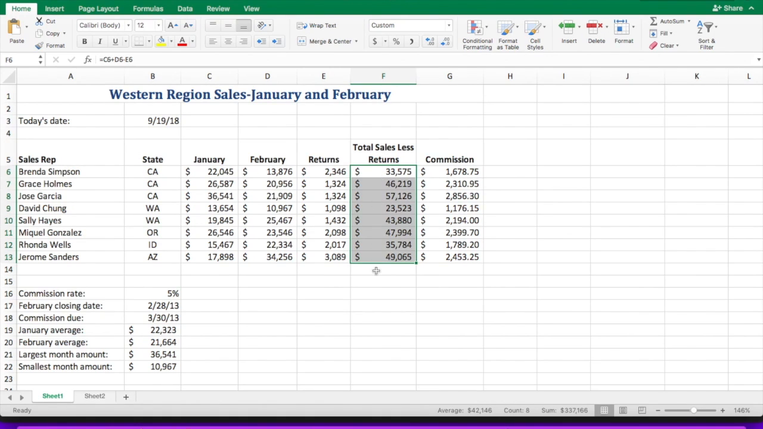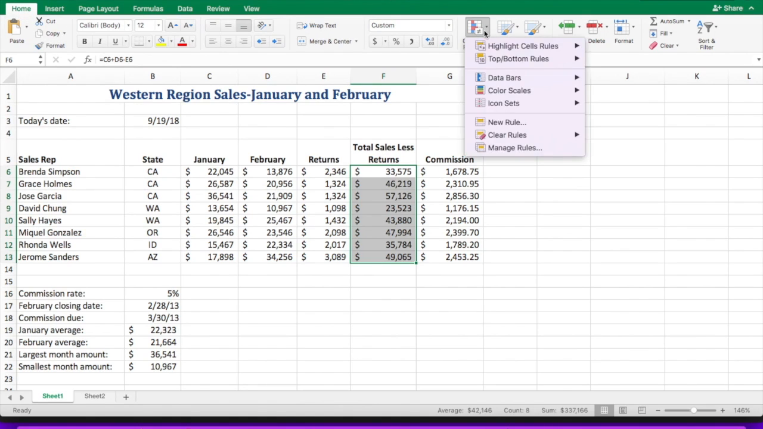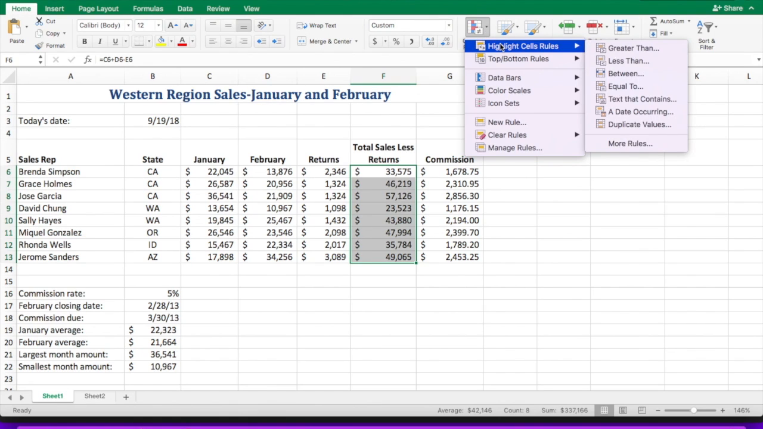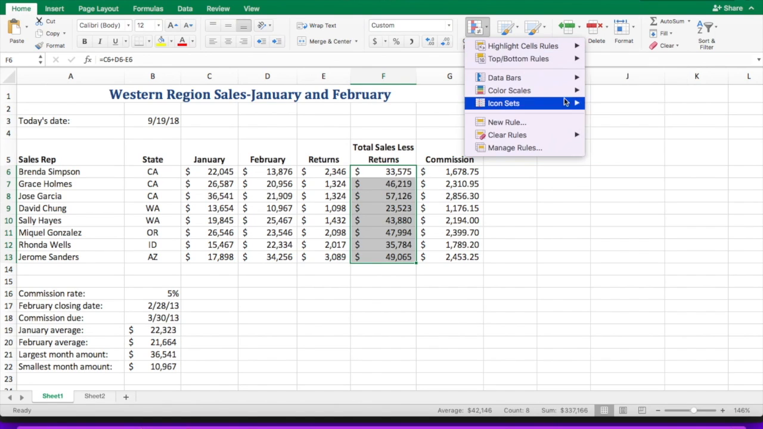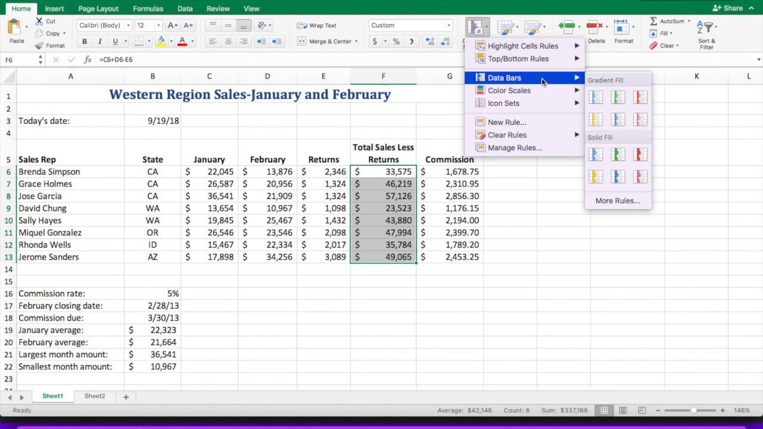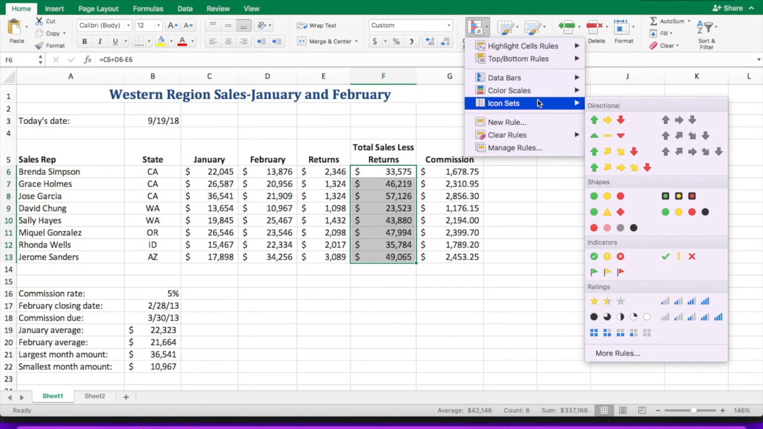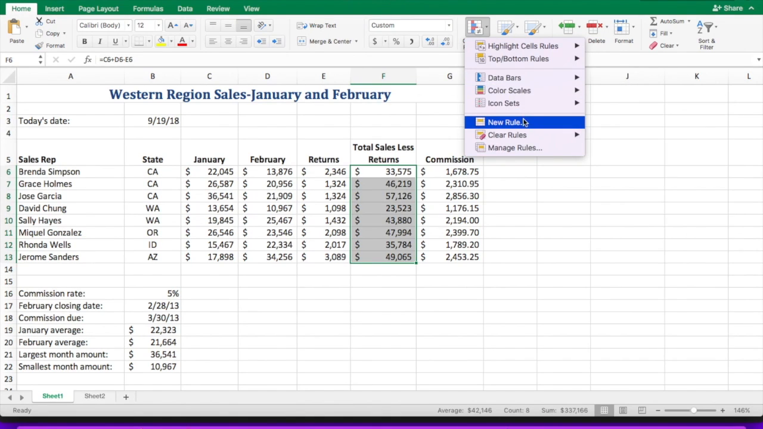With the range selected, make sure you're on the Home tab and go to Conditional Formatting. And notice you have a number of options here. We can highlight some cells based on certain criteria. We can use some top and bottom rules based on certain criteria. We can put in some data bars, which look like a graph. We can put in some color sets and icons. We can create a completely new, customized rule, but we're going to focus our attention on